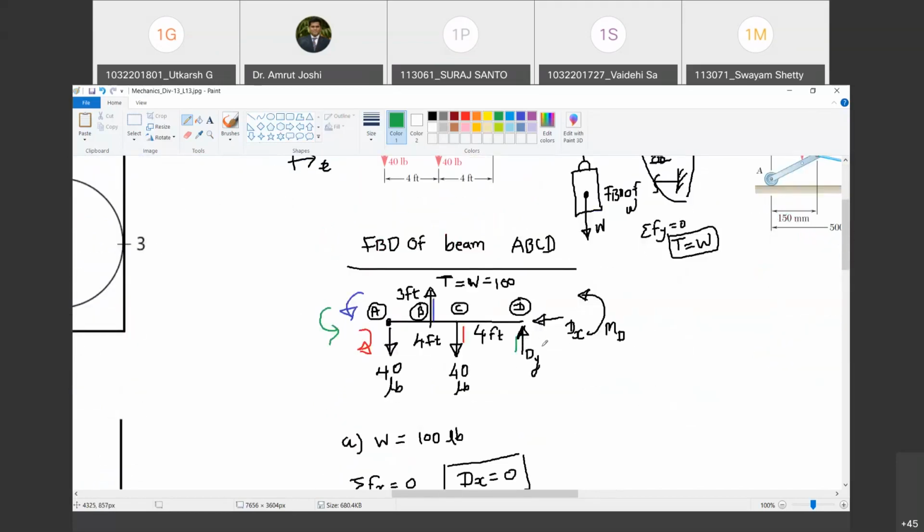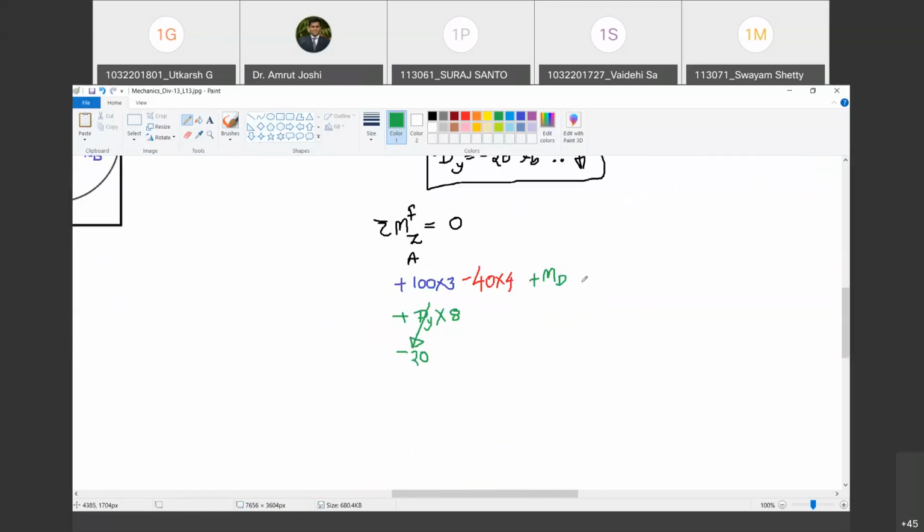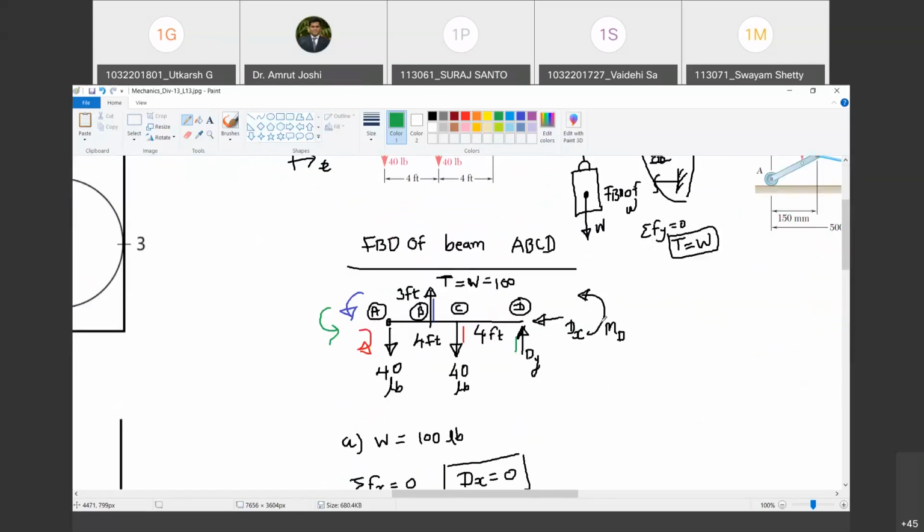So can you please explain why MD is being considered here? Like we took the moment because that dy is from the hinge, right? So where does MD come from? Yes. Do you remember the class where I showed you that a couple moment can be transposed anywhere in its plane? So when we are taking the moments of all the forces at A, no doubt it is moments of all the forces. But if there is a moment present at any point on the body, that has to be transferred as it is. So MD also needs to be considered, but you need not multiply it by distance because it is already a moment.